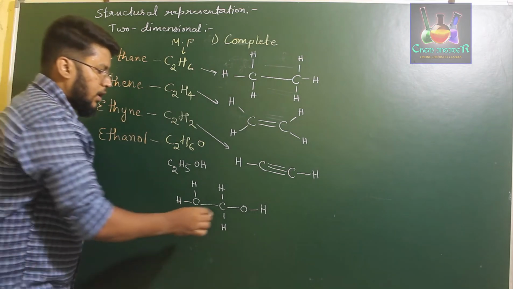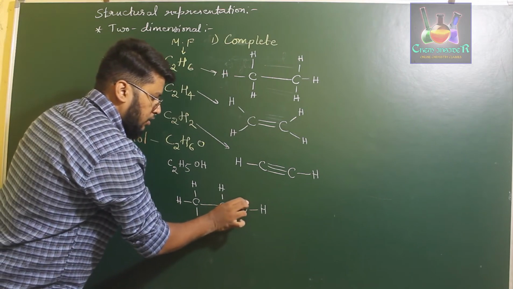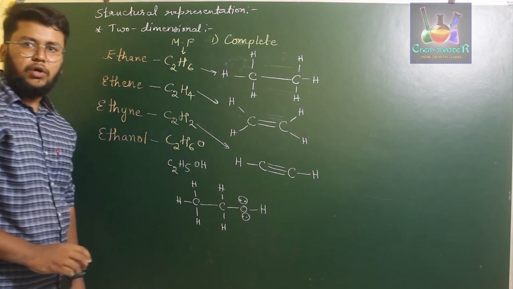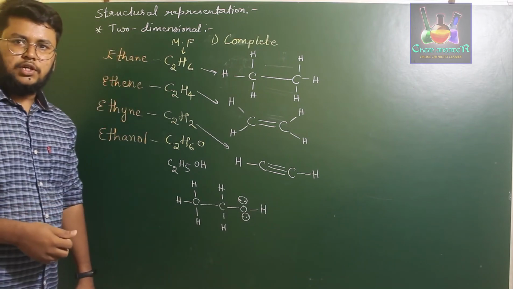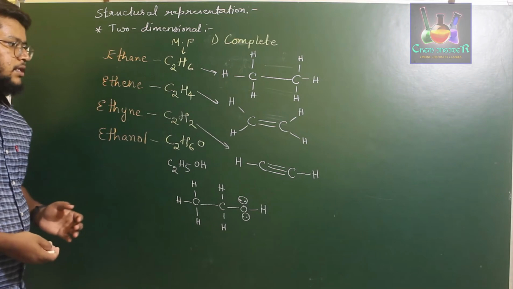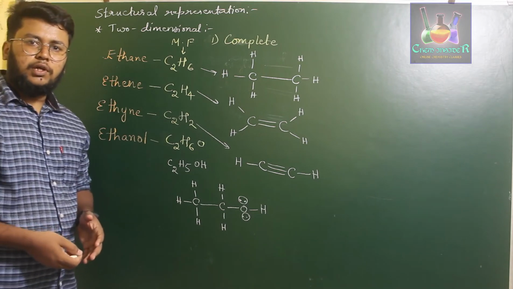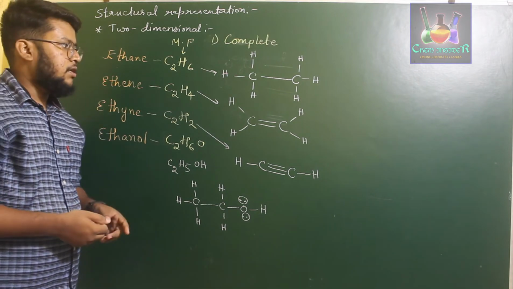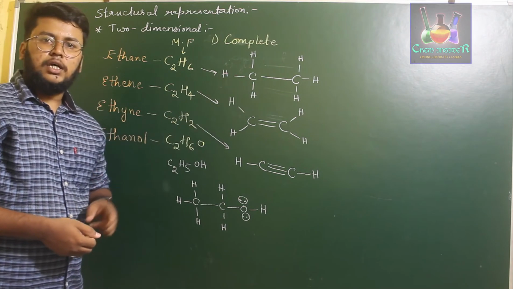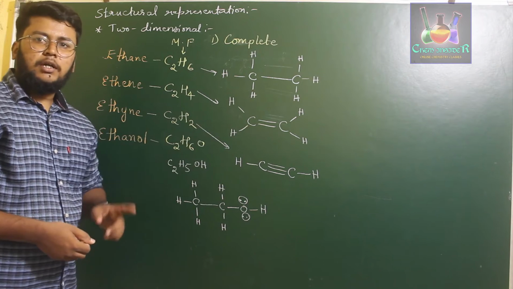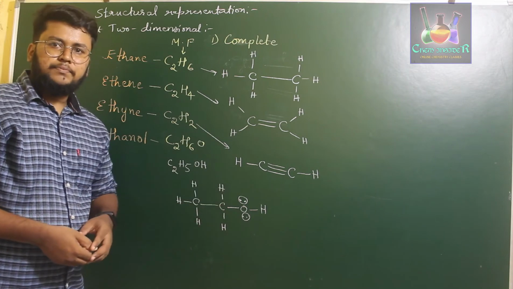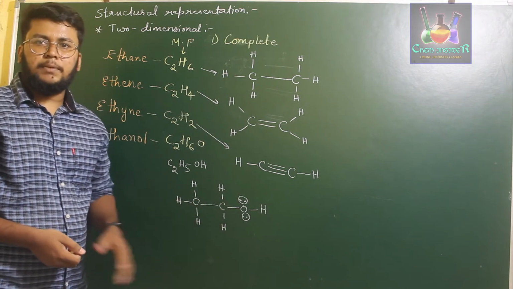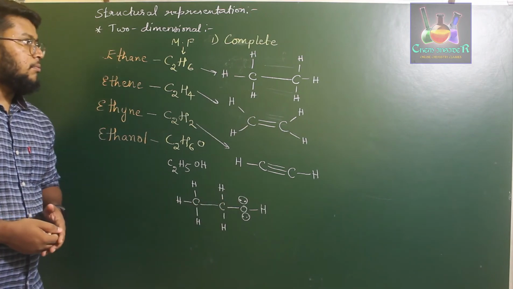If you want, you can denote the lone pair of electrons present on oxygen of this particular ethanol molecule by indicating two dots, as in the case of Lewis structure. So this is how you represent given molecules of organic compounds in complete structural representation, where single bonds are represented as single dash, double bonds are represented by double dash, triple bonds are represented by triple dash. If there are lone pairs of electrons present, then they may or may not be represented in the structural formula.